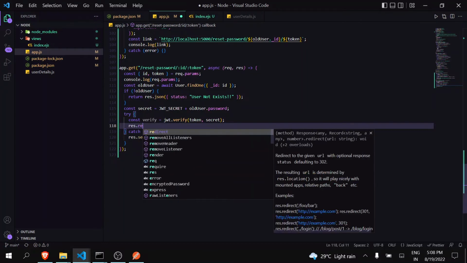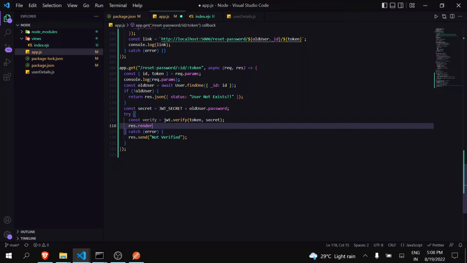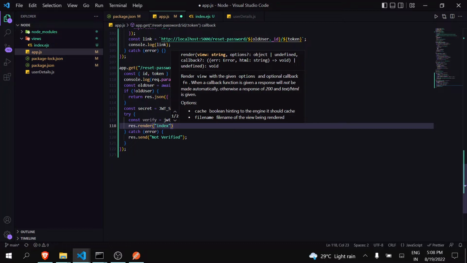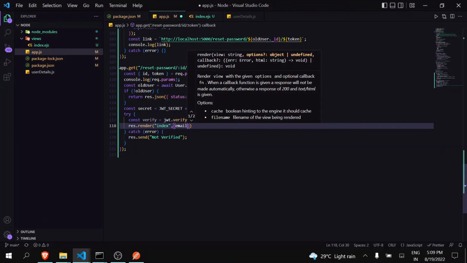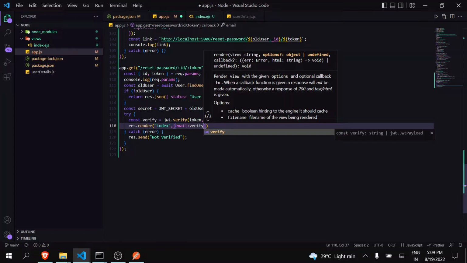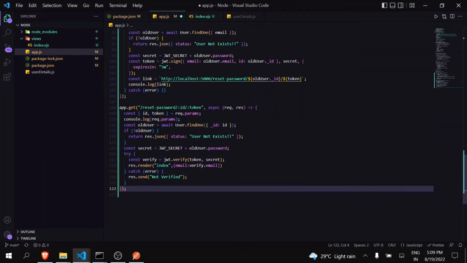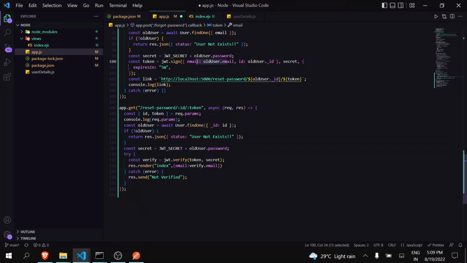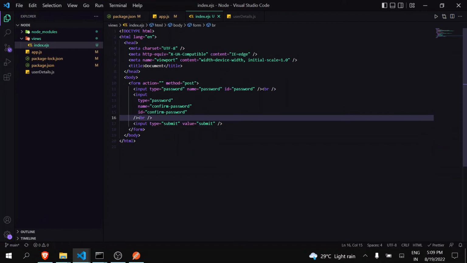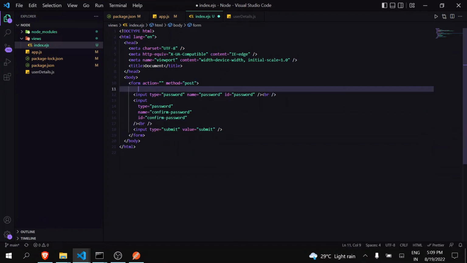So we will just use res.render index, and we will just pass here email. Email will be verify.email. Like we are setting the email inside this JWT token, and now we are accessing that token here inside verify. So we can access that email here, and we can easily access this email in our template. So I will just write here